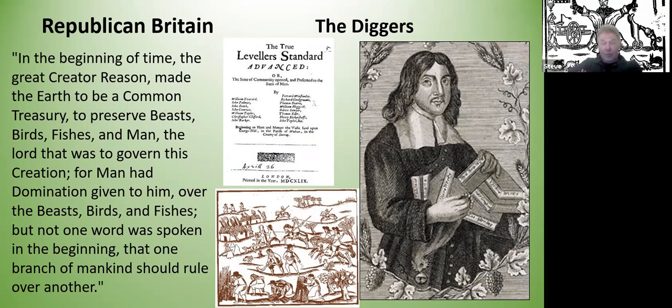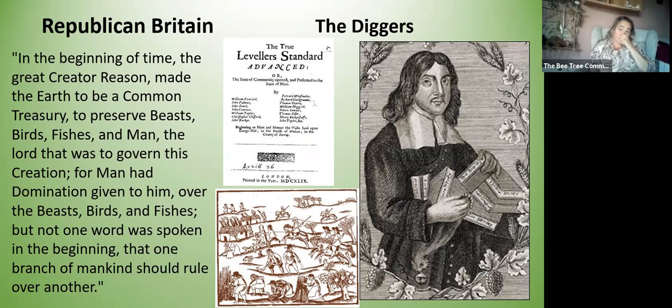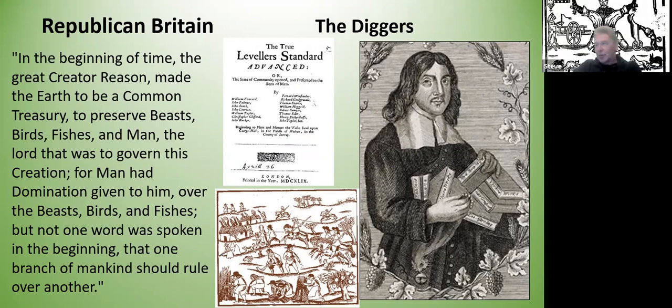Then there's an even more radical group known as the Diggers. They called themselves the True Levellers. To their critics, they were known as the Diggers. The name arose from their occupation of land named St. George's Hill in Surrey. On Sunday, the 1st of April, 1649, a small group of about 30 or 40 men